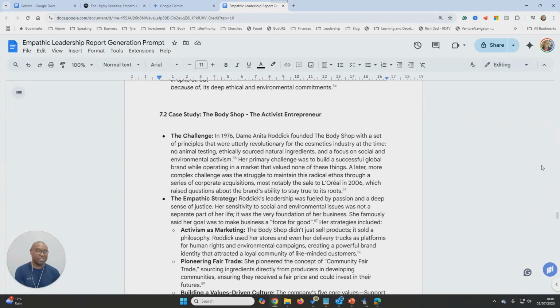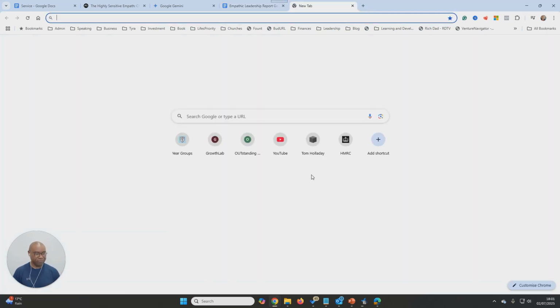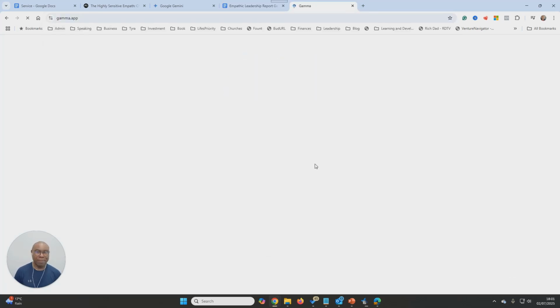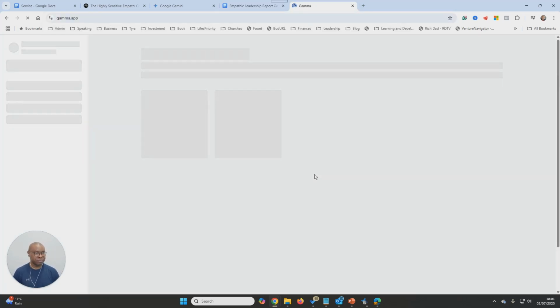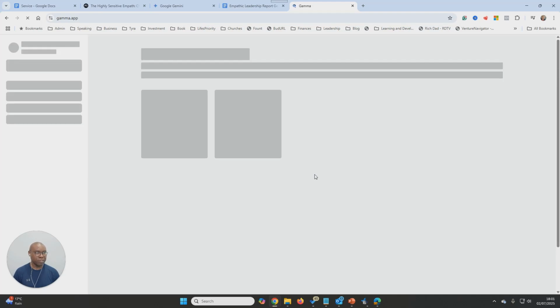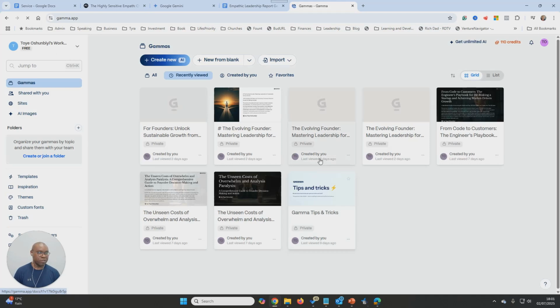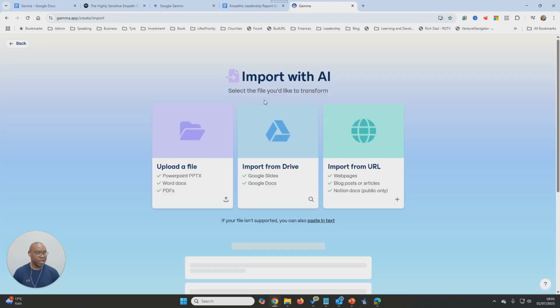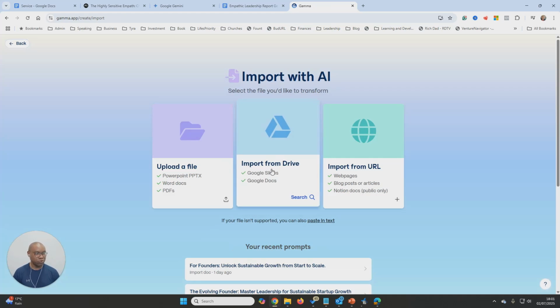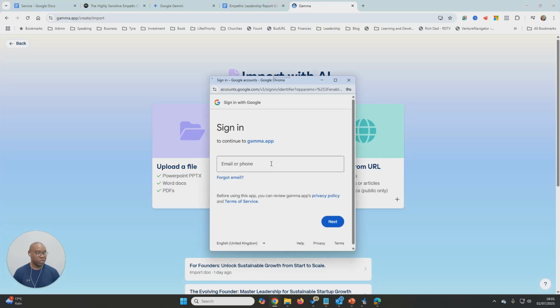So now the next step is we're going to turn this into a lead magnet that looks very professional, and we're going to use a tool called Gamma. So it's called Gamma app. All right. So when we go to Gamma app, we're going to click on import, AI import, and it connects with your Google. So we are going to